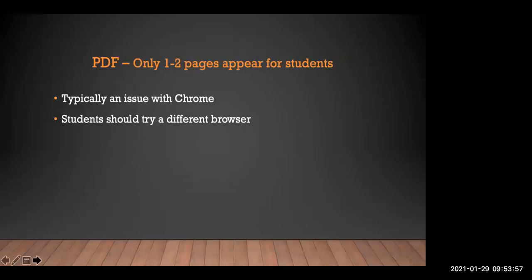And so then the other one that we don't see as often, because Chrome has created a fix for this, but we still every once in a while get students and faculty that say that when they're viewing a PDF, only 1 to 2 pages appear for students. Like I kind of mentioned, this was an issue specifically with Chrome at one point, and if you just ask your students to switch to a different browser, it will clear up the issue. Basically, students are not letting the entire file download before they start to scan it,